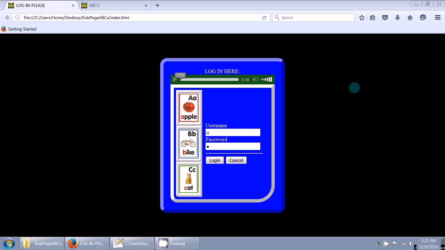Hi, it's May 29th, 2016, 5:25 p.m. The set of web pages that I'm working on now has this initial login page right here, and this is my landing page, my index page. I'm going to go over the code for this. I'm going to go over the code for the other pages later, but this video is going to revolve around